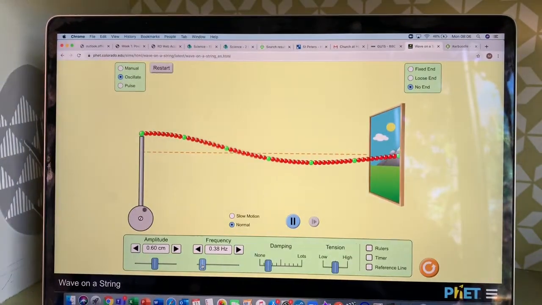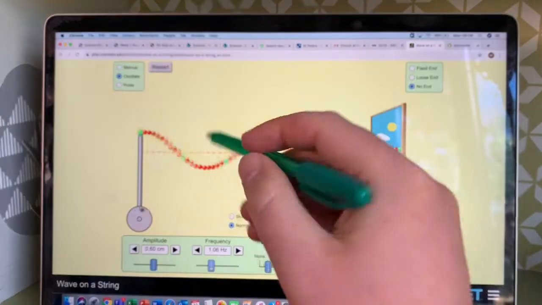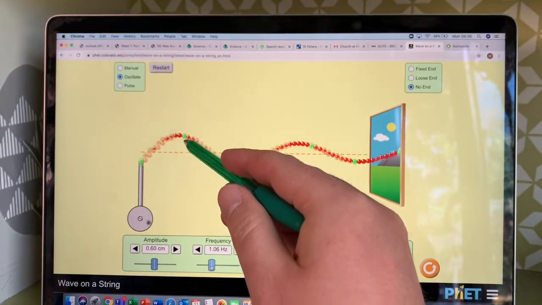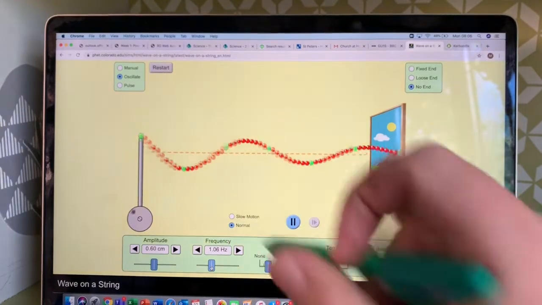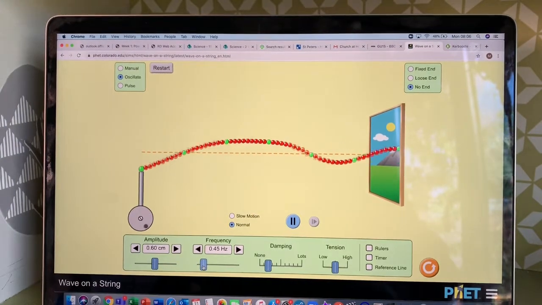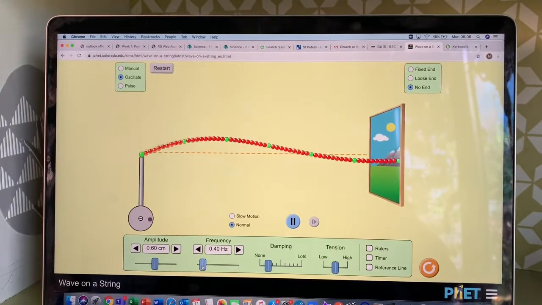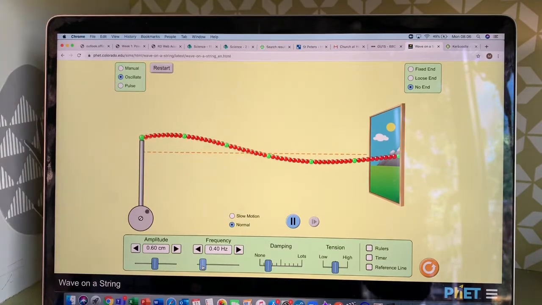If you can't see that, it might be a bit clearer actually if I do it a bit faster. So we've got, so starting now and then now. That's one time period. So the time period is the time it takes for one wave to go past, but